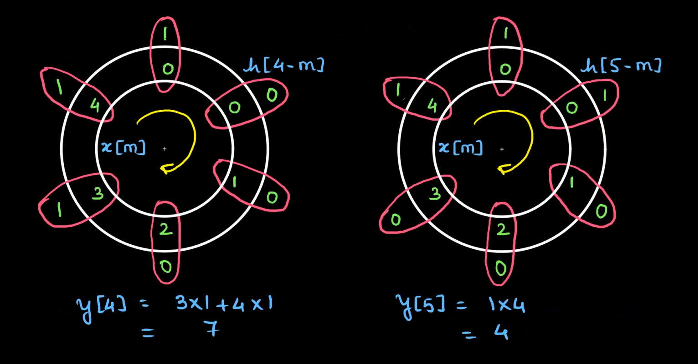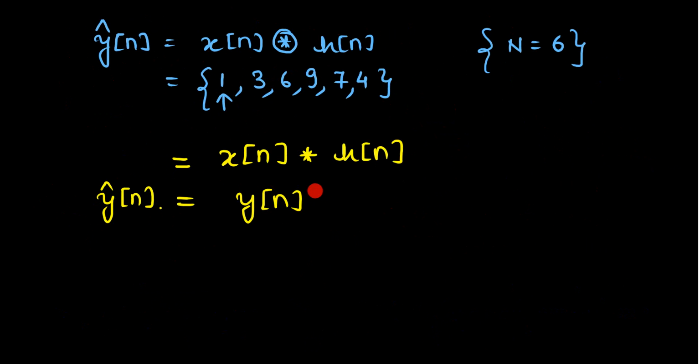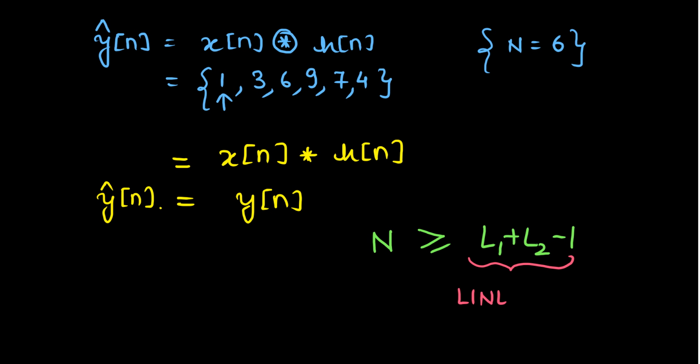So what we conclude here is, if we want to obtain a linear convolution using circular convolution, we need to wisely choose the value of this n at least equal to L1 plus L2 minus 1, where this L1 is the length of the first sequence, so let's say it is the length of x of n. This L2 is the length of h of n, that is the second signal, and minus 1. So this is basically the length of the sequence that we are going to get for a linear convolution.